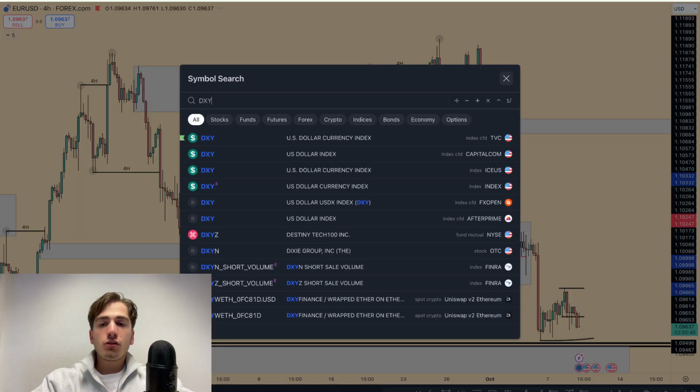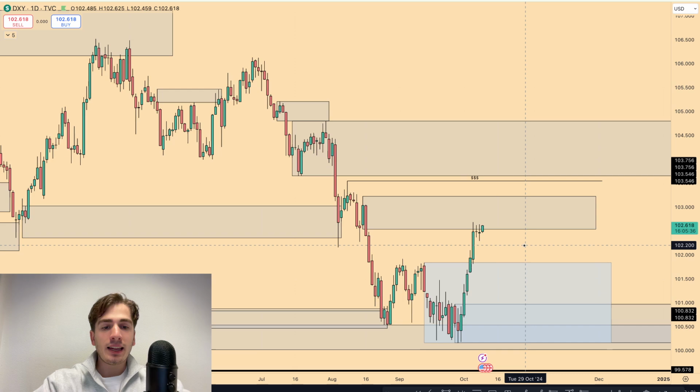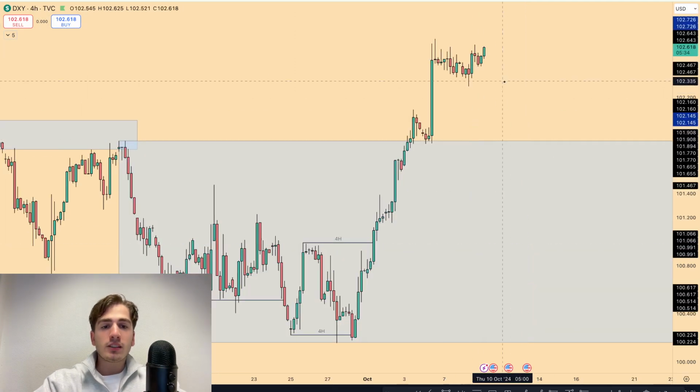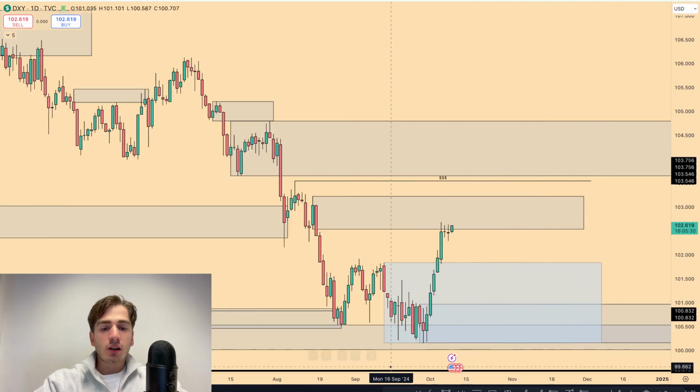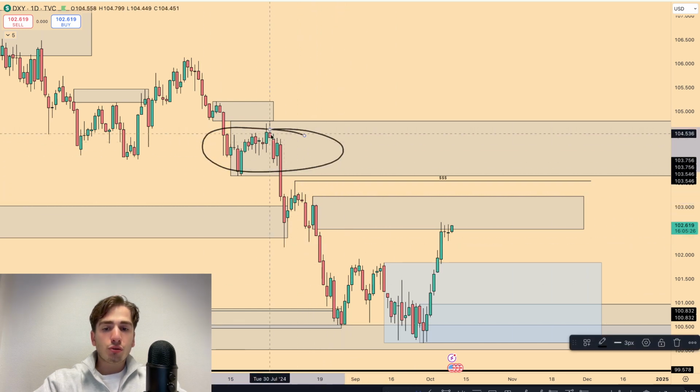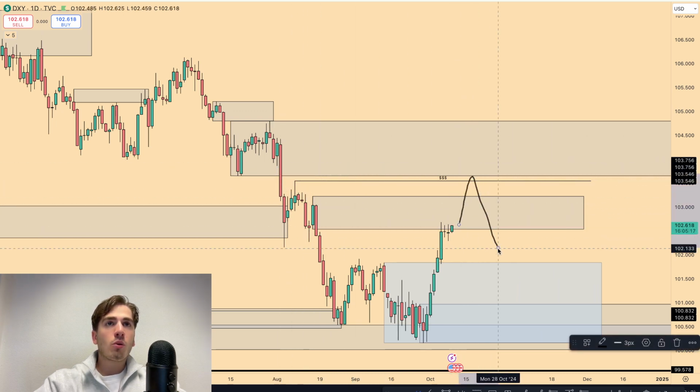So going in towards the dollar index next, the dollar index is still bullish. As you can see, no overall shift in momentum. What I am currently looking at is, first of all, on the daily time frame. Okay, on the daily we are inside supply. However, this is your stronger supply zone with a clear liquidity high right below it, right? This high over here. So actually I would prefer another push up higher on the dollar before looking for any